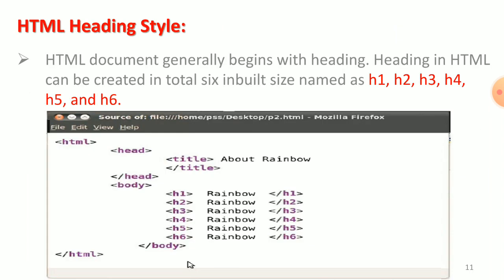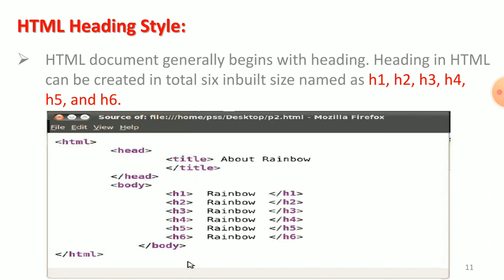Next topic is HTML heading styles. An HTML document generally begins with a heading. Headings in HTML can be created in a total of 6 inbuilt sizes, named H1, H2, H3, H4, H5 and H6.